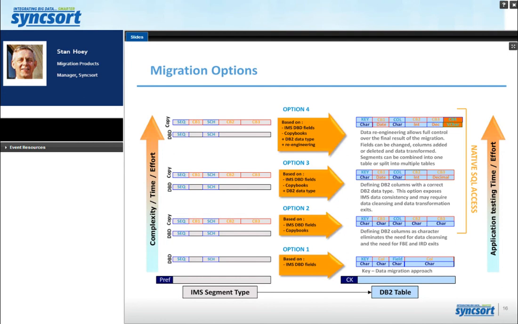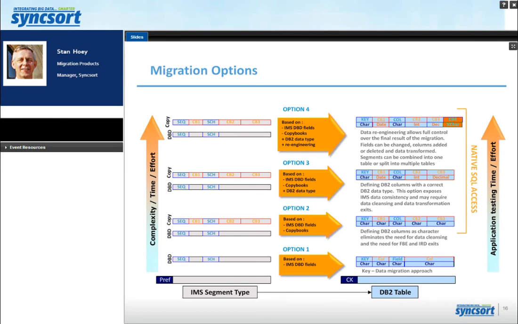Now that diminishes the value of the data in DB2, but what it does do is it enables you to do some analysis of your data in DB2. Rather than trying to analyze the consistency of your data in IMS, an option 2 design enables you to analyze the data and correct inconsistent data using standard DB2 tools. And once you've completed that data analysis, you can go through a remigration process for an individual segment or for